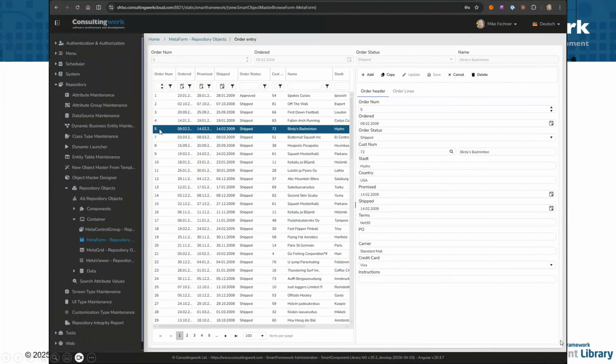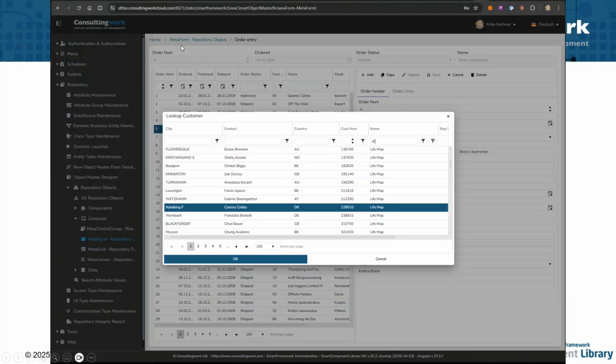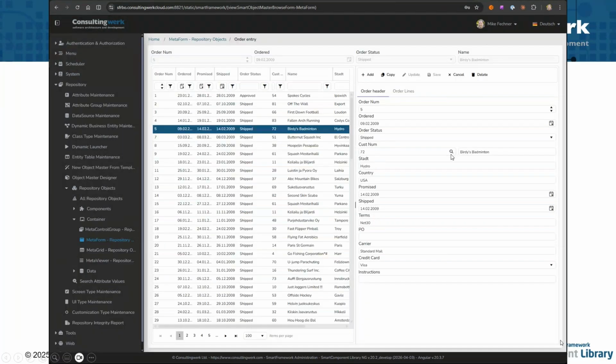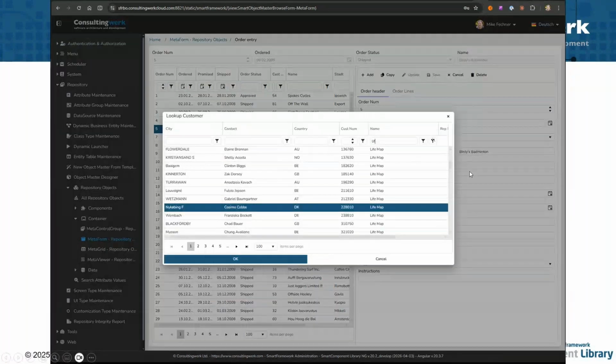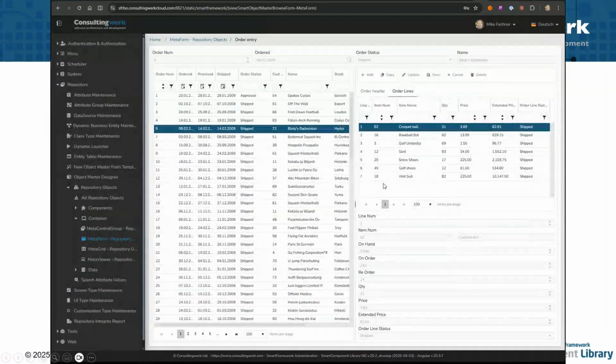With our lookup component, if I look at this here, we see we have this magnifying glass there next to the customer number and the customer name field. I click that, then I get this dialog, which is a component of the framework. And on page 2, we have the parent-child